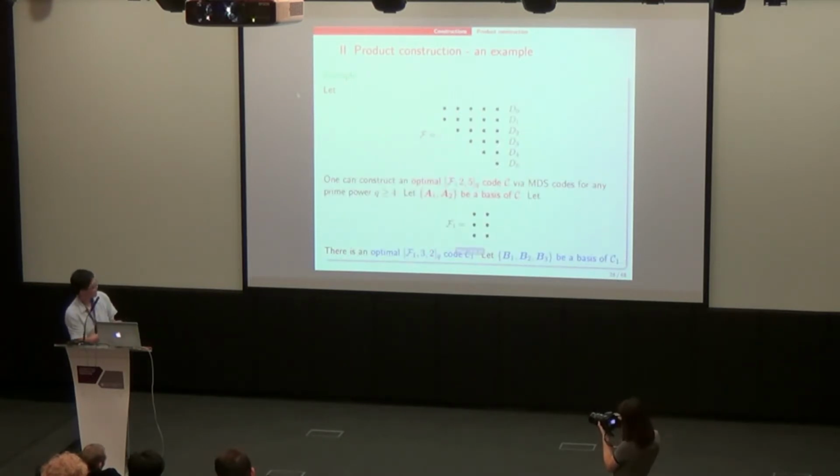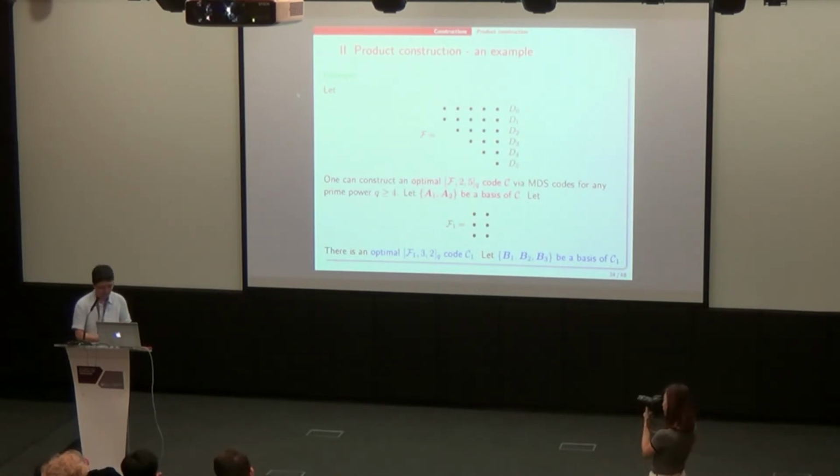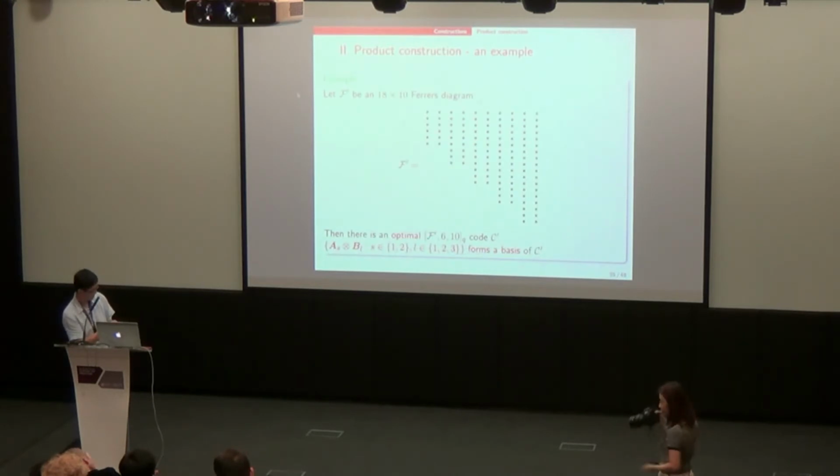And let A1, A2 be a basis of C. And for F1, we can construct an optimal F132 field code. This is an MRD code. It has dimension 3, so let B1, B2, B3 be a basis of it. So this is rank distance 2. This is dimension 3, and we can give this result. Then there is an optimal F prime 610 field code, and